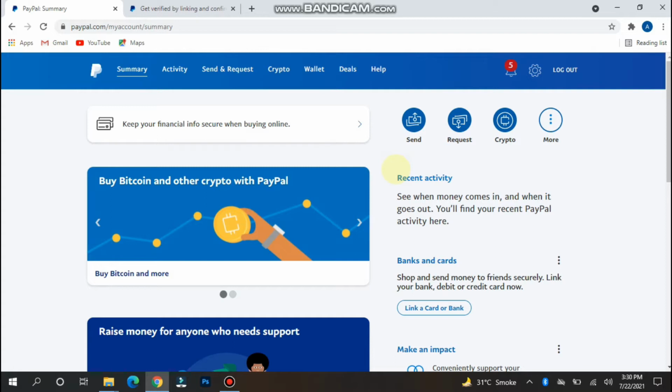First of all, you have to log into your account, and once you log in, you will see a screen like this. Also, you will see a menu on the top. If you are on a mobile device, the procedure is the same for both. Once you do that, you have to click on Wallets,